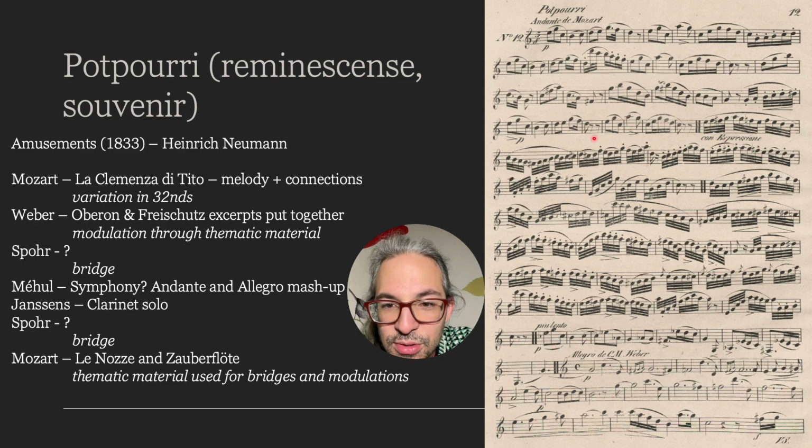So here is an example of this bit from Mozart. That is then used here to modulate and take us to this new place, to a new piece. If you are a clarinetist and can help me identify some of the repertoire referred to here, I'd be very happy for it. You can see that especially the Spoor, I have no idea where it comes from, even though I looked through all of IMSLP, but well, no luck so far.